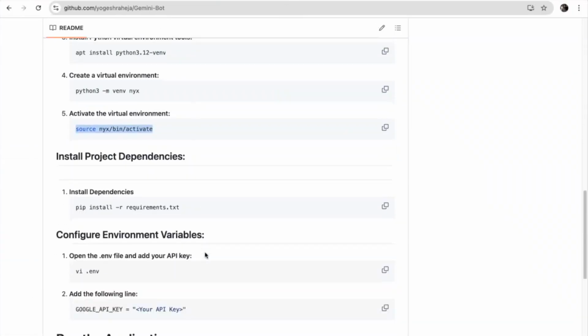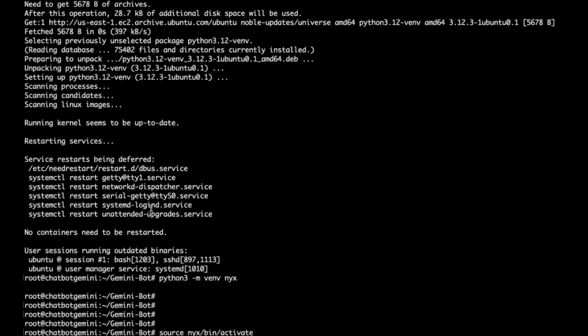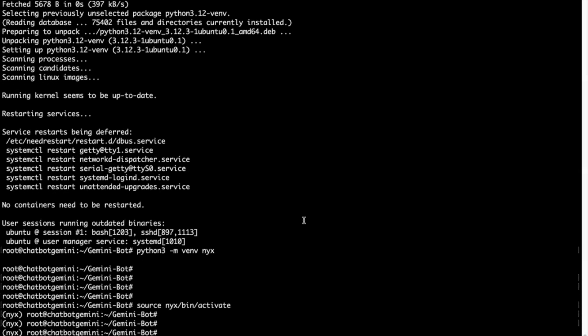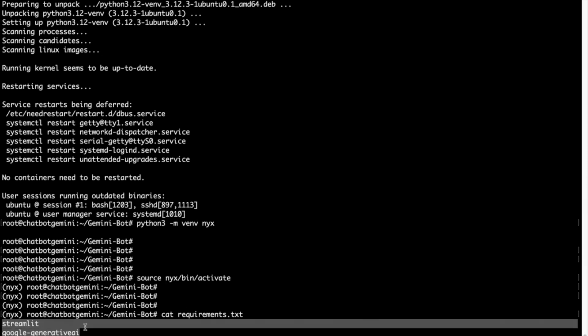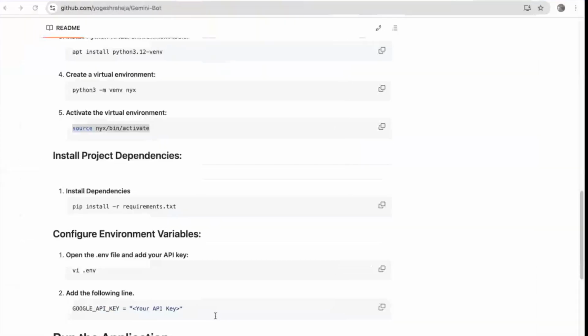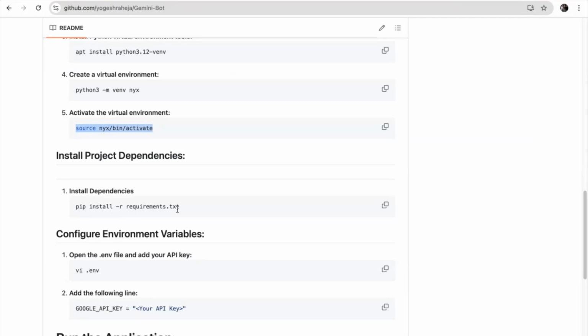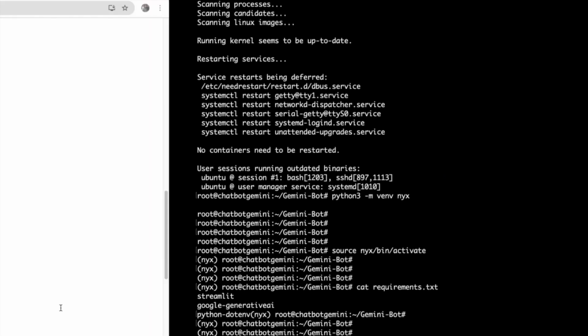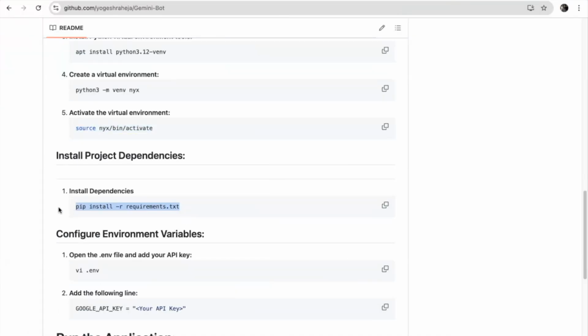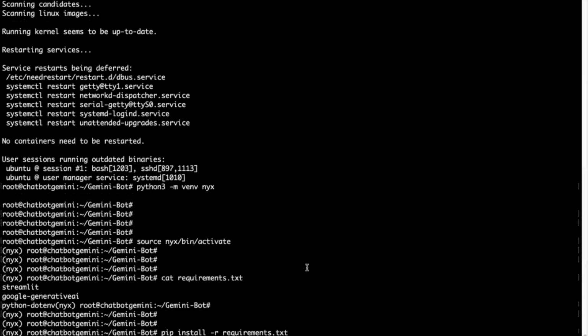Come down, see here, requirements.txt. So there are only 2 requirements. And I haven't given any specific versions to it because it works almost right with the latest versions. So what you need to do is simple: pip install -r requirements.txt. You can even do pip install streamlit, pip install google-generativeai, the way we did in the last demo. So if I do it,